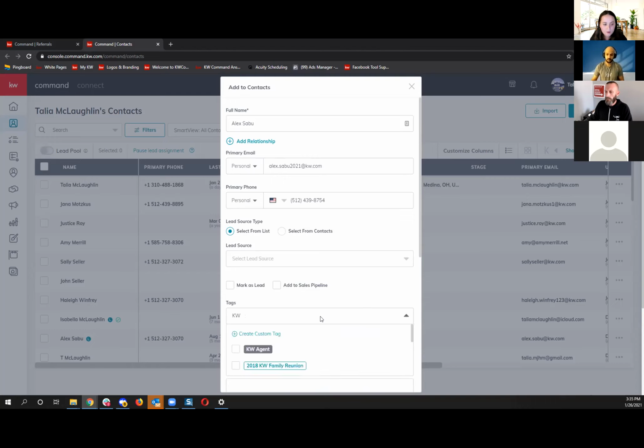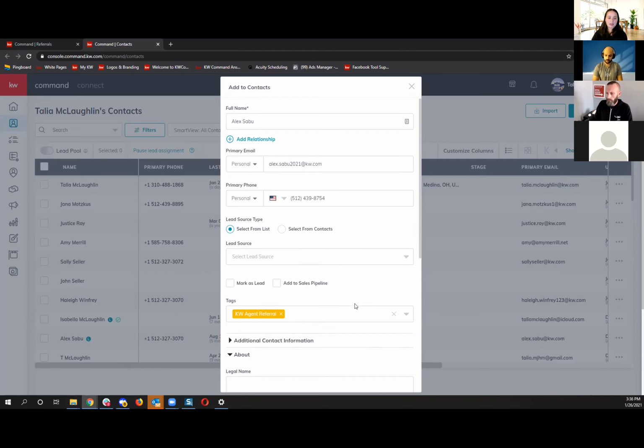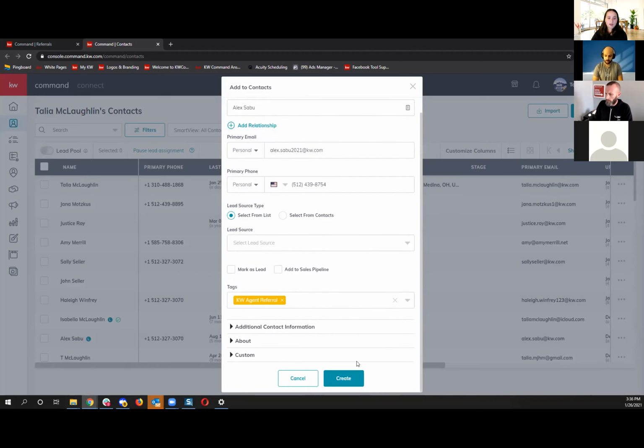I actually already have one. I think mine is KW agent referral. So I have a custom tag that I like to use. That's just KW agent referral because that's specific, that's meaningful to me. Now I can group and segment my database by this particular tag. You could also change this tag just to be agent referral partner if you're adding non-KW agents. So pick a tag, add in that tag, and then we're just going to go ahead and create that contact